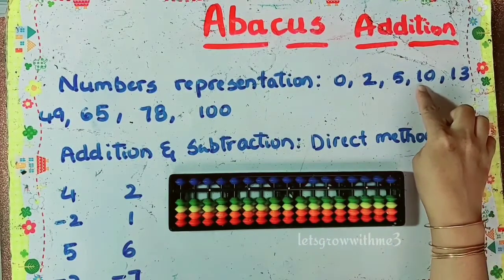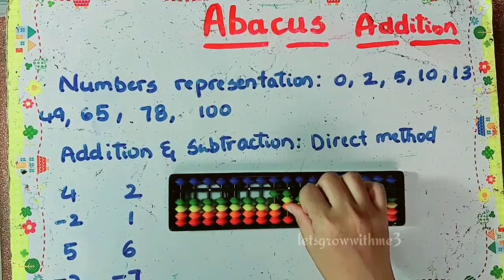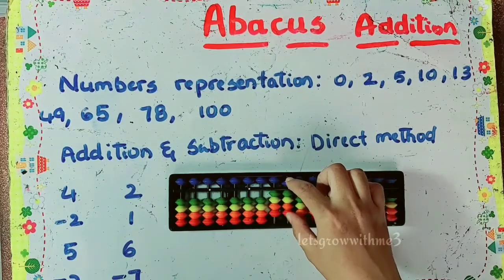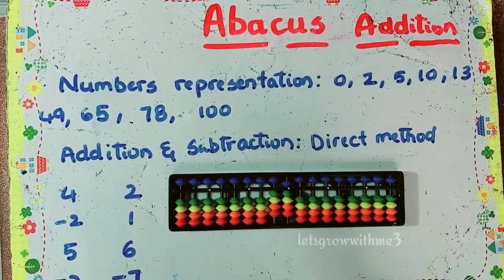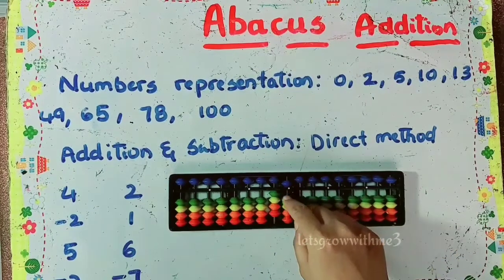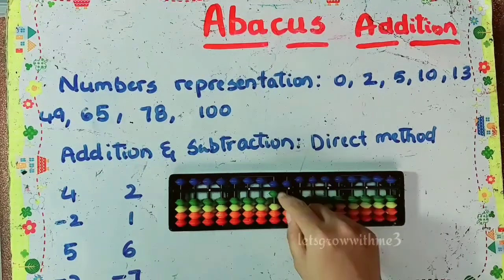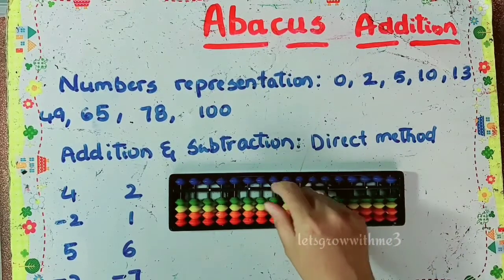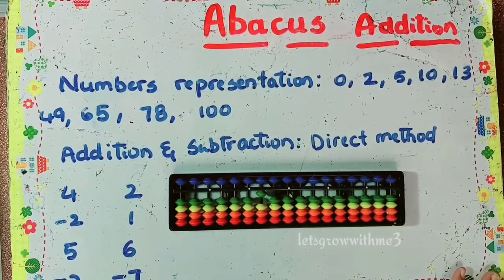Next one is 10. Here we need to use the tens place and ones place. Tens place 1 and in the ones place you shouldn't do anything, 0. Next 30. Next 49. So 5 plus 1 is 6, 5 plus 2 is 7, 5 plus 3 is 8, 5 plus 4 is 9. With the help of 5 we will set values above 5. Then 65, 5 plus 1 is 6, and 5, 65. Then 78, 5 plus 2 is 7, 5 plus 3 is 8, 78. Then 100: you need to shift to the next position, which is the hundreds column.